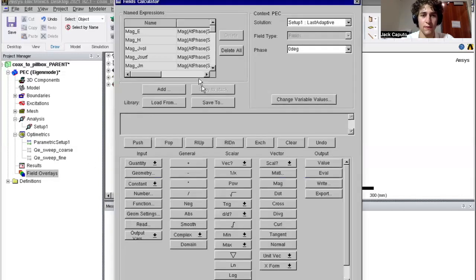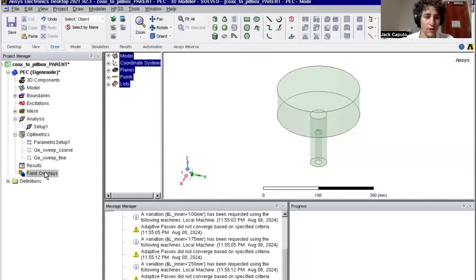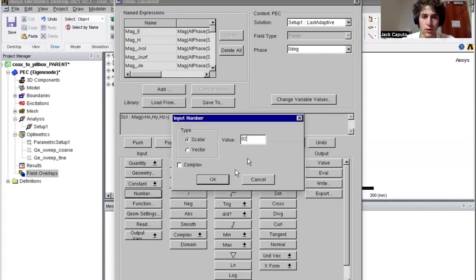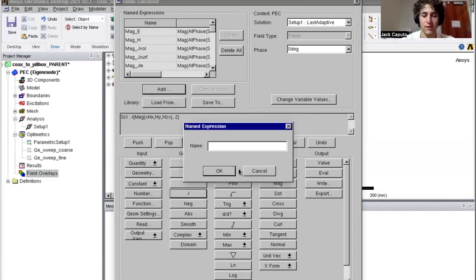So here we are just in our file. I'm not going to go over all of these different functions because the software, ANSYS, actually has in their manual a very concise layout of all of these. I'm just going to show some other features. So let's just get a quantity to save in here. Let's just say we want the mag of the H/2, and we can go and add that to our named expressions,